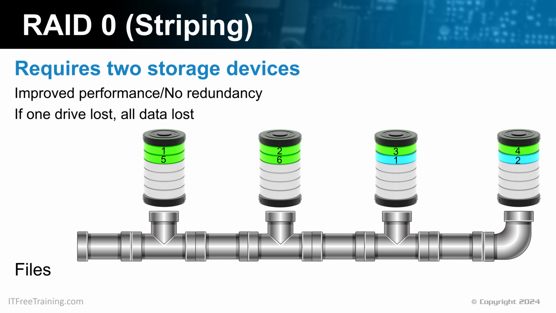Generally, RAID 0, if used at all, will be used for purposes where if the data is lost, it is not a big concern. I would not use it for live data that you can't afford to lose. If you do use RAID 0, it would most likely be used for temporary files, or if the data is